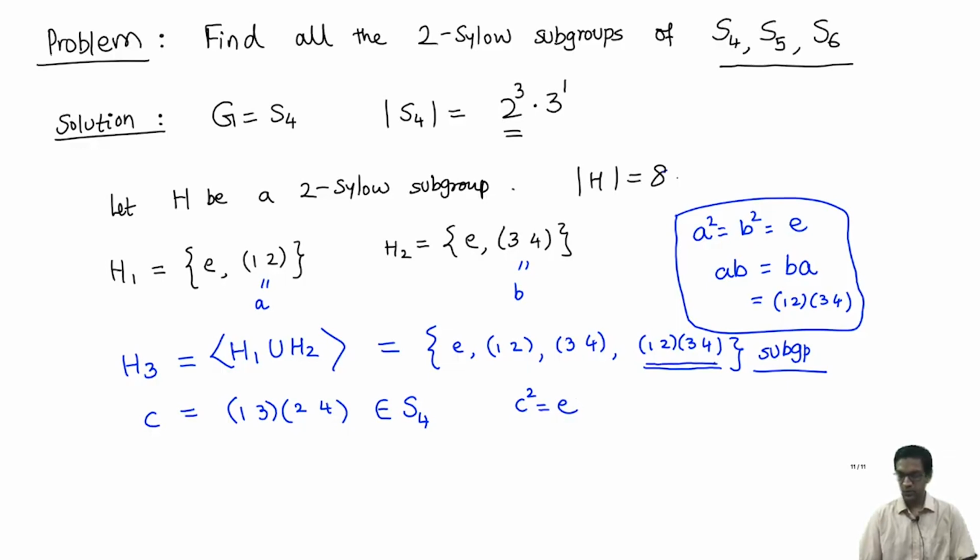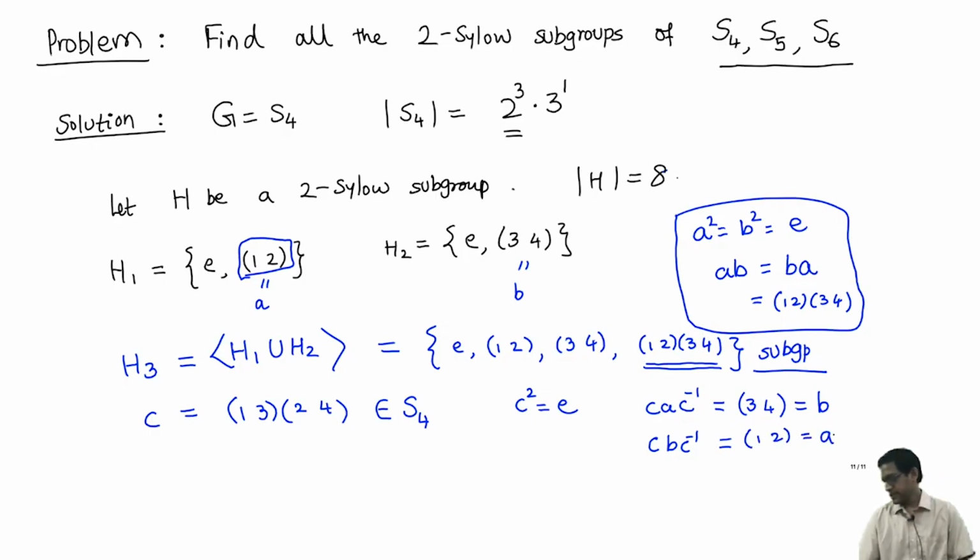Unlike the other element (1 2)(3 4), this element C does not commute with A and B. If you look at CAC inverse, and remember how conjugation works in symmetric groups, all you have to do is take A, which is (1 2), and replace 1 and 2 by the numbers they map to under the permutation C. So 1 maps to 3 and 2 maps to 4, so CAC inverse becomes the permutation (3 4), which is exactly B. By a similar token, CBC inverse: 3 maps to 1 and 4 maps to 2, so this becomes (1 2), that's A.